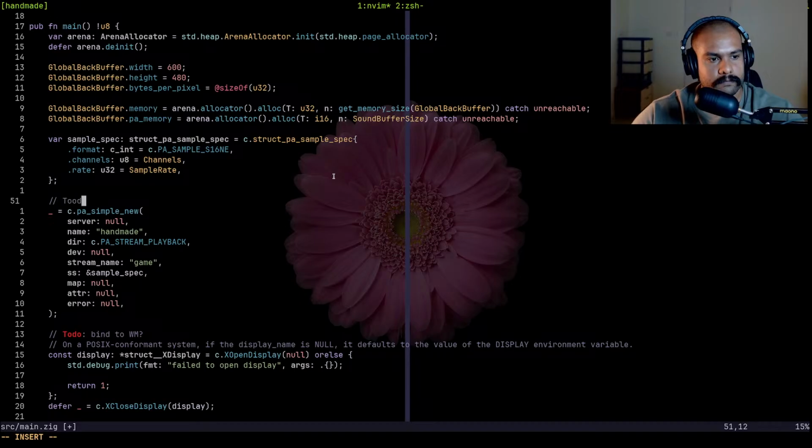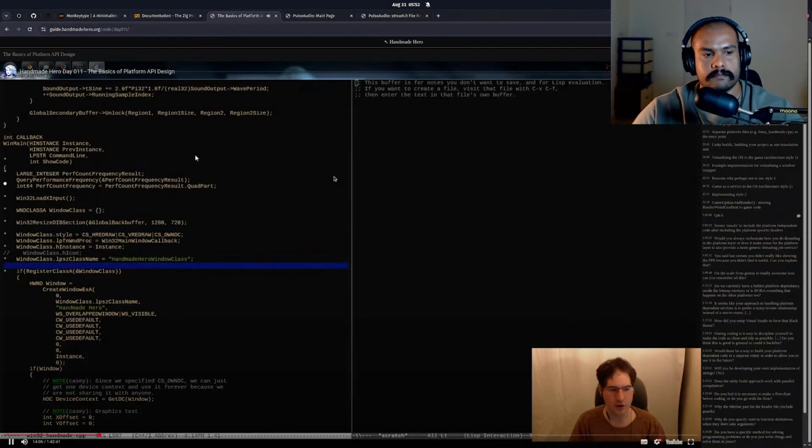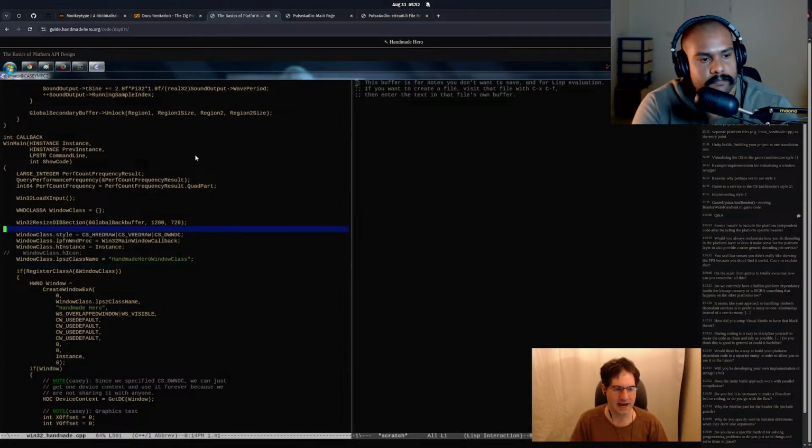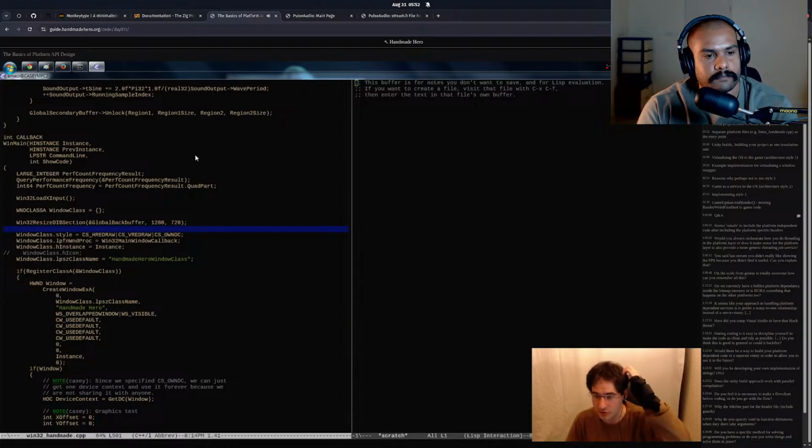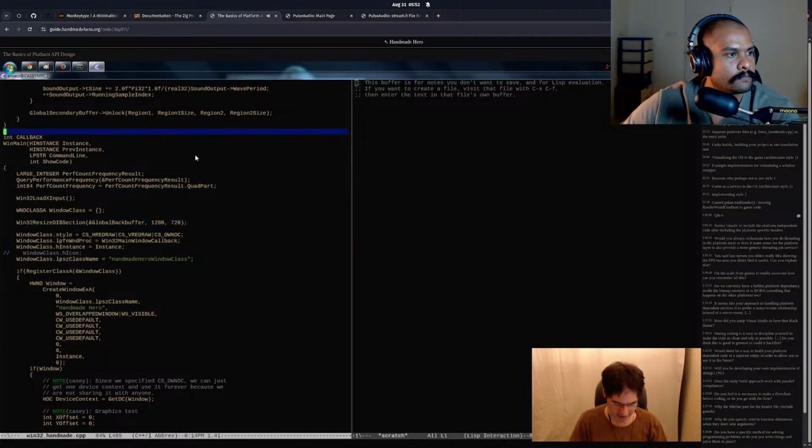file would be doing something like our Win32 Handmade would be doing, and there would be something like the code for opening a window. So if you look at the code for opening a window here, you can basically see that we have some stuff that we had to do in order to get that to happen. It was right here. Now, the way that people used to do porting to various platforms before is they used to say, well, okay, when I need to do stuff, I'll start at the beginning here, and I'll say, well, you know,